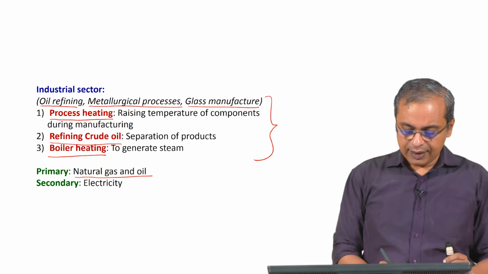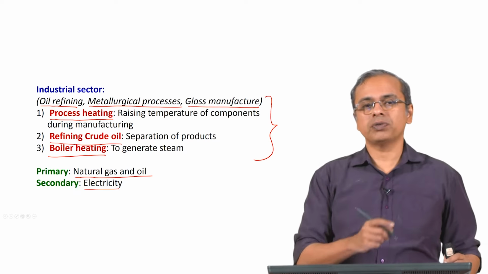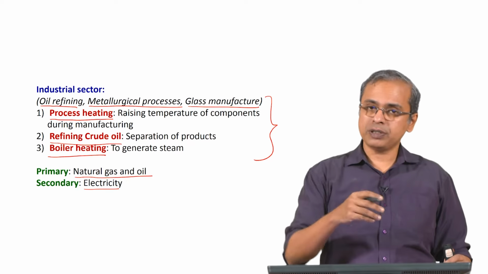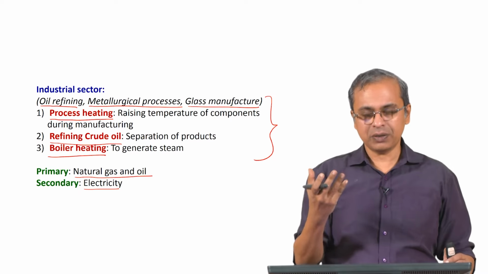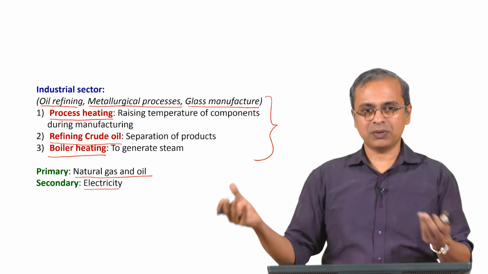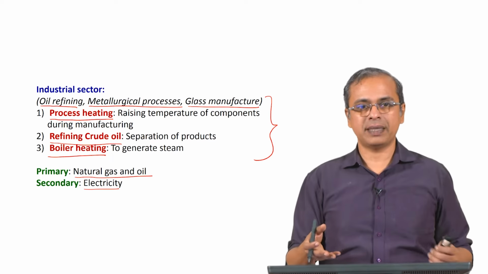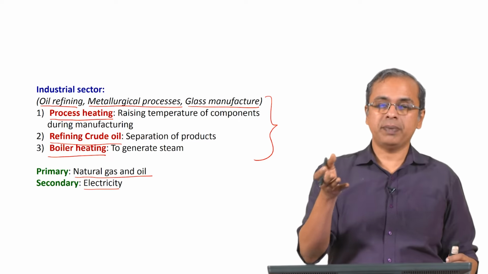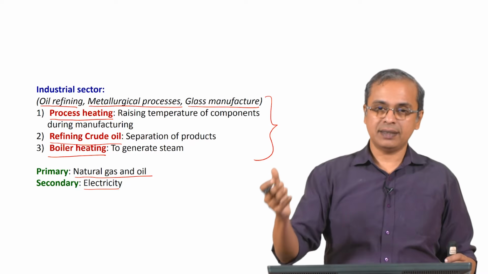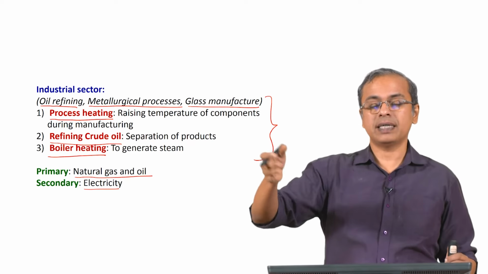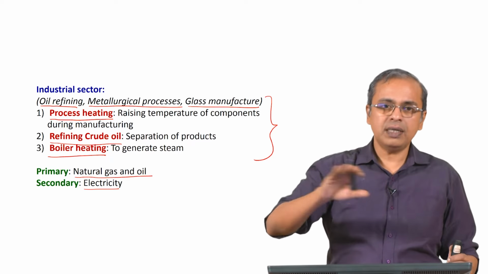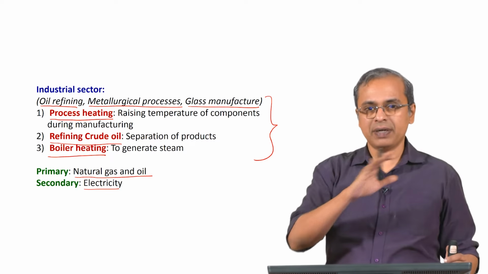Generally electricity is not the preferred choice of energy in industries, because it is usually a processed form of energy. See, you are typically not getting electricity off the ground. I mean, you do not dig a hole and get electricity from there. You are typically taking some fuel, maybe coal, maybe natural gas, and then you are running a plant based on it. That plant generates electricity. In all processes, the efficiency is never 100%.